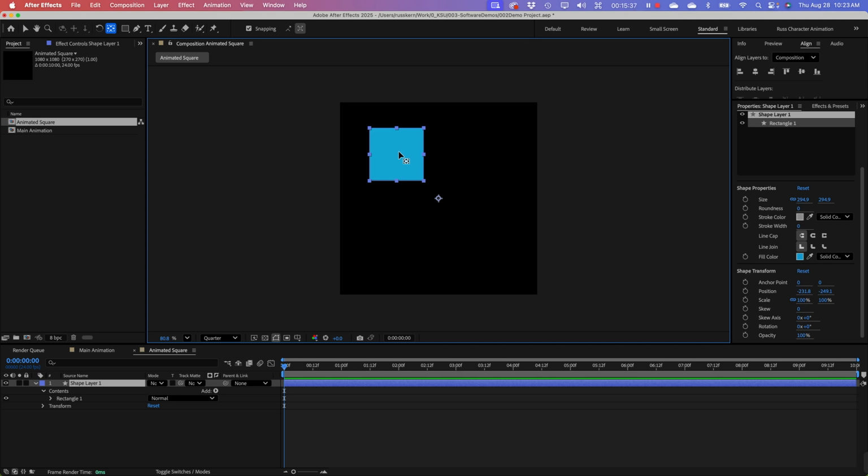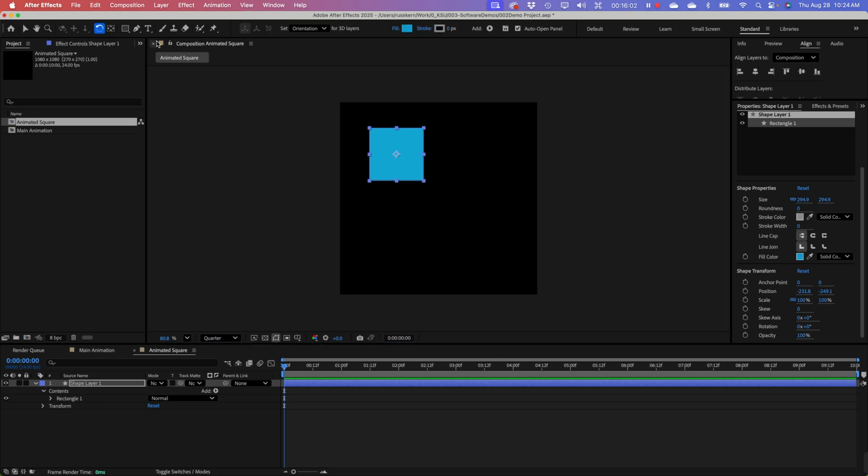Looking back up here in the control panel real quick, I have snapping enabled, so there's a check mark in it. I have that enabled so that when I grab this and move it, it'll snap by default to the center, to the edge, to the corner, whatever I'm close to. So I can move that anchor point right up in the middle. Now when I select my rotate,